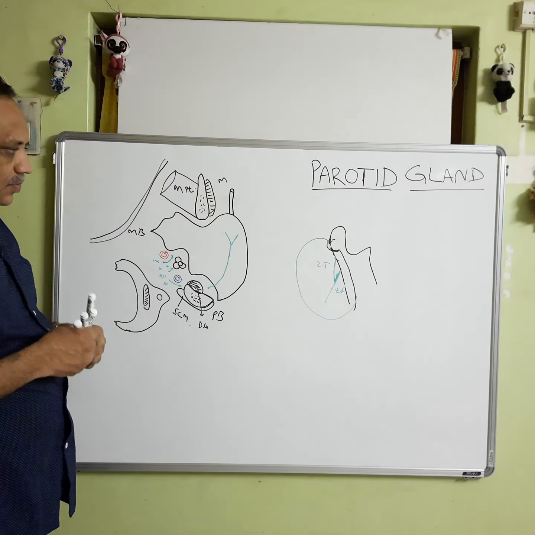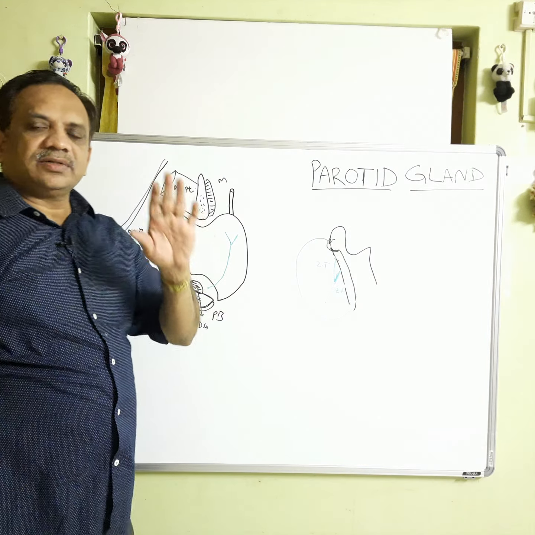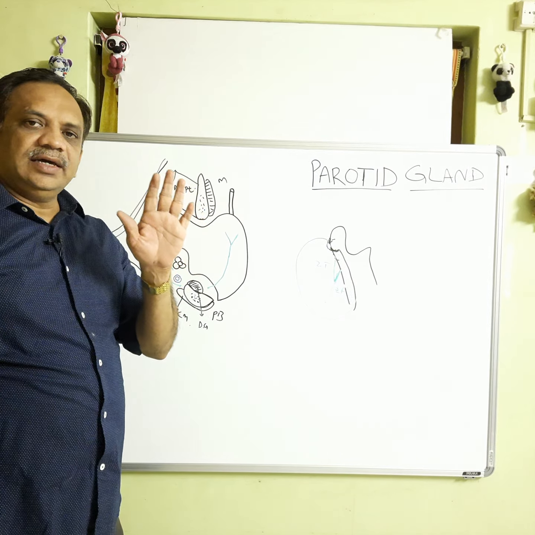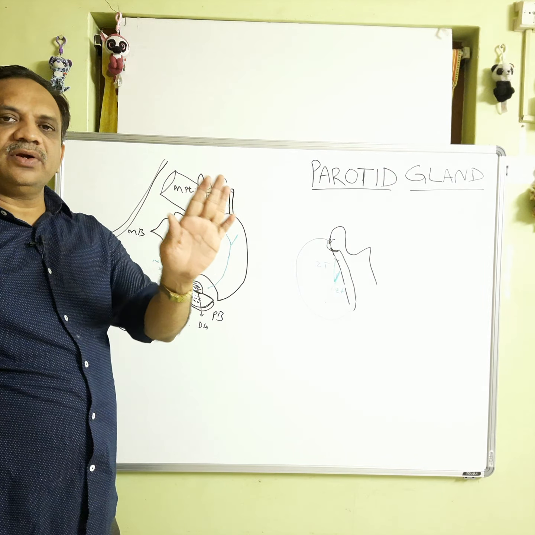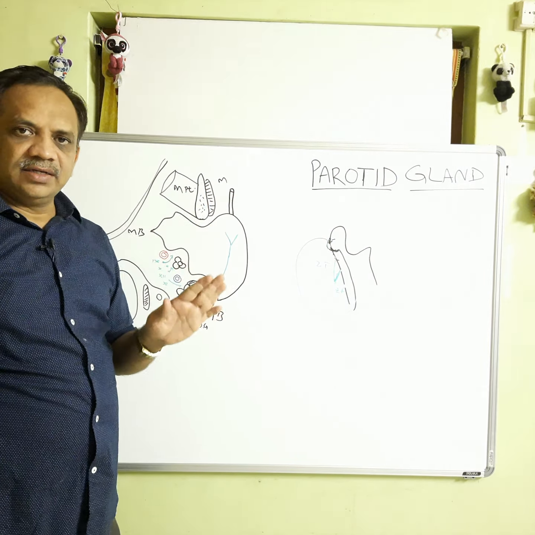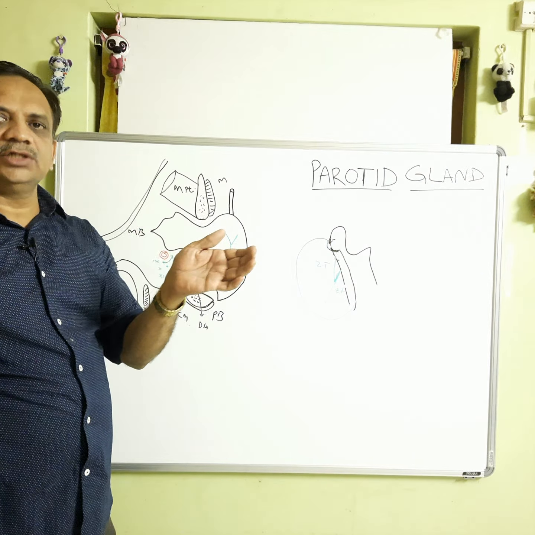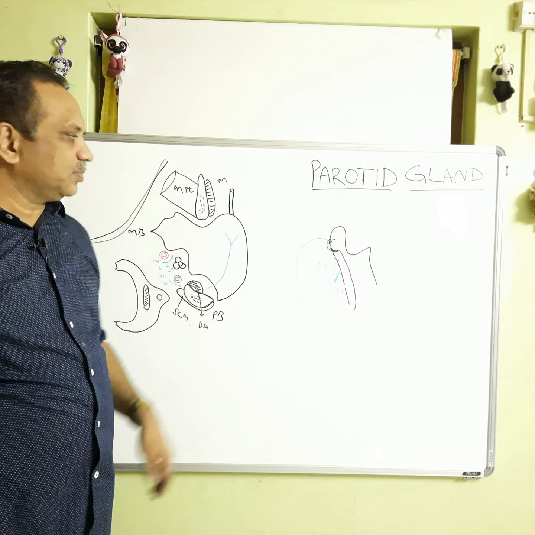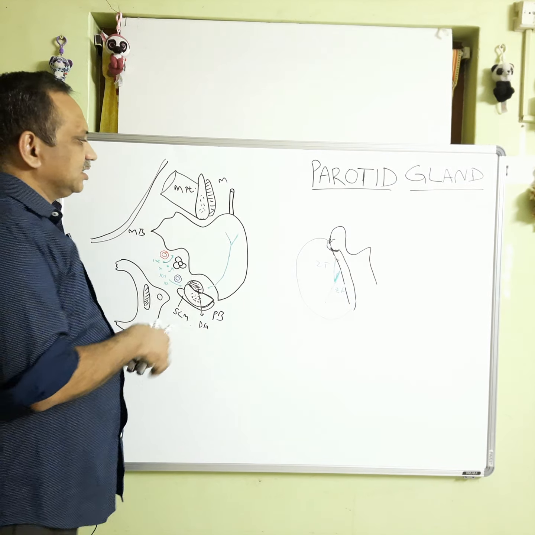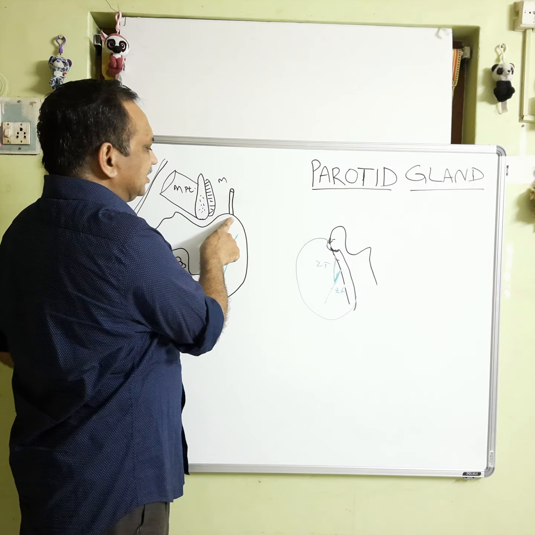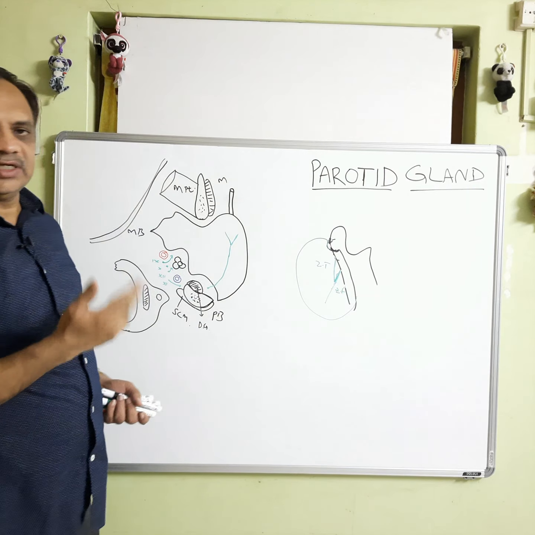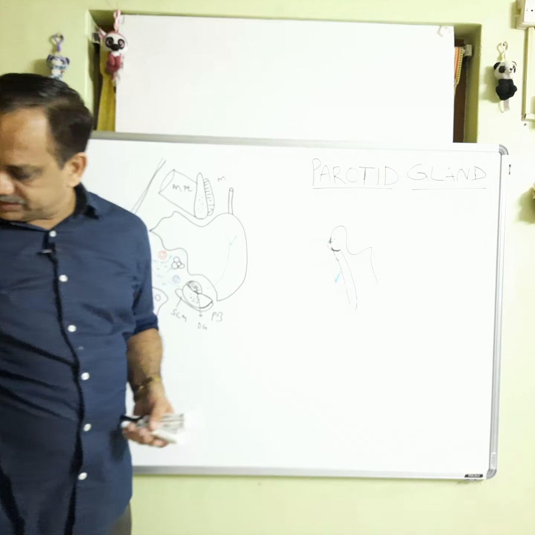Now, I already told you that the parotid gland is cast in the parotid mould or the parotid bed. Thus, it gives a few processes, that means extensions into the spaces. So, what are the processes present there? This is the first process, that is called the facial process. The facial process goes on to the face.